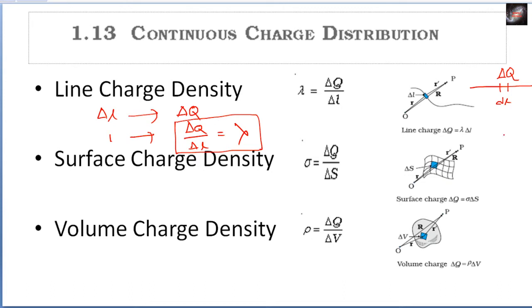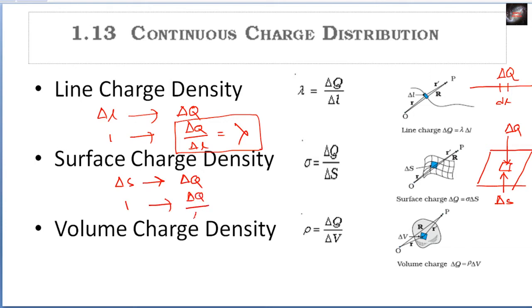Next is surface charge density. अगर जो चार्ज है ये एक surface के ऊपर distributed है, in that case if we consider a small elementary surface say delta s and if there is delta q amount of charge, then obviously delta s amount of area containing a charge of delta q. So unit area will contain amount of charge delta q divided by delta s. This is known as sigma. Sigma is the surface charge density. Simply describes the amount of charge per unit surface area.